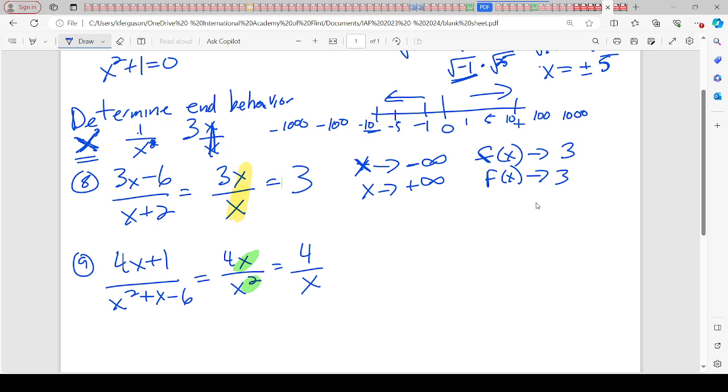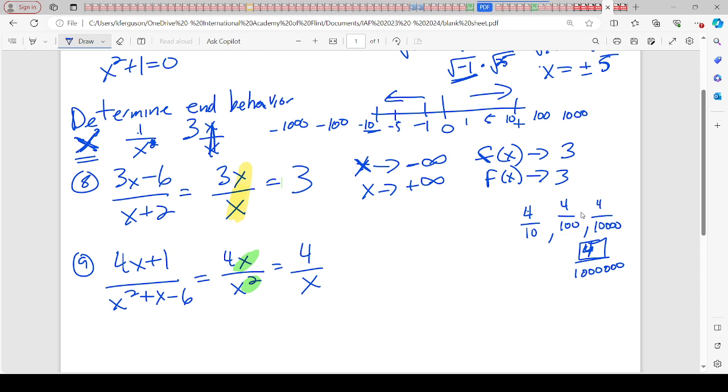So let's take a little sidetrack so you can understand what's going on. I was going to use 1, but I don't want to confuse you. So let's talk about 4. Let's say I got 4 over 10. That's my first choice. I picked 10 for x. Well, I'm going to pick 100 for x. No, I'm going to pick 10,000 for x. No, I'm going to pick a million for x. What ends up happening is the bigger x's that I pick, the smaller my fraction becomes. And it keeps getting smaller and smaller. But because this is 4, this doesn't change, I'm never going to hit 0,